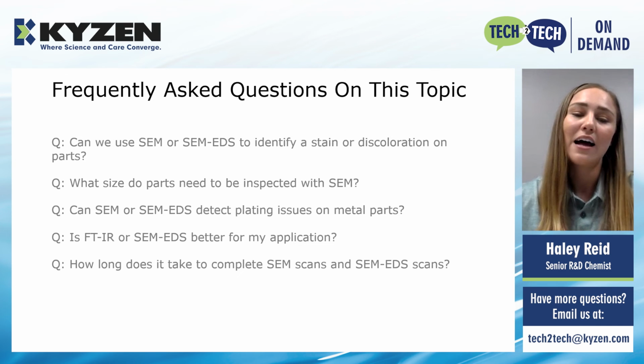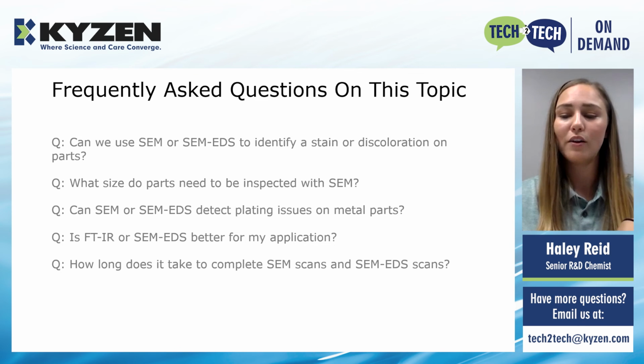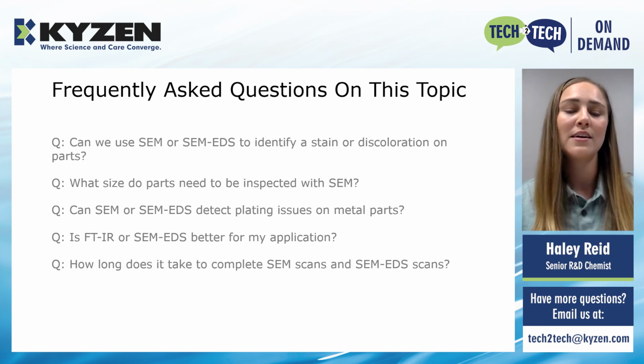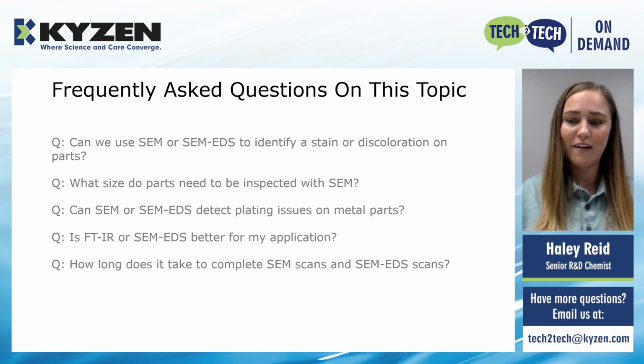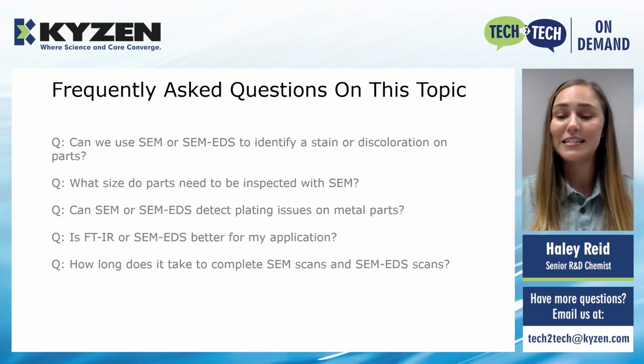The final question is, how long does it take to complete an SEM scan or an SEM EDS? Preparing the sample is generally the longest portion of it, and this can be up to an hour depending on if we need to polish something, if we need to cut it down, how we need to treat that surface. Once it's actually in the machine and the machine is down to the correct vacuum, SEM scans only take 1 minute. From the top of the image to the bottom, it's a 1 minute scan of a very tiny portion